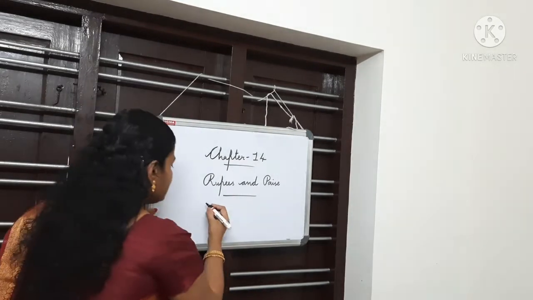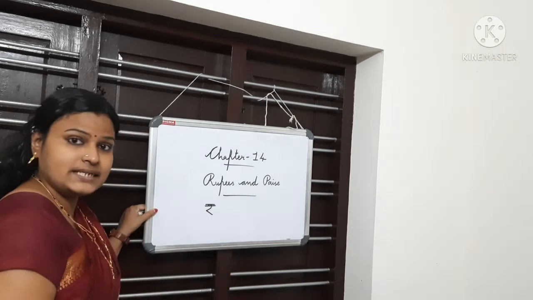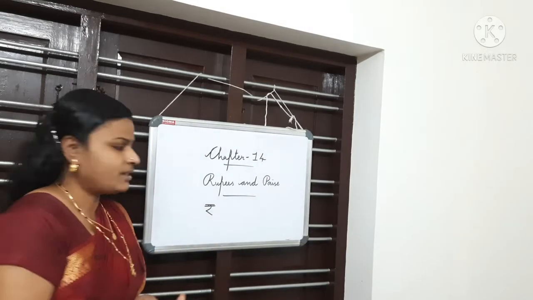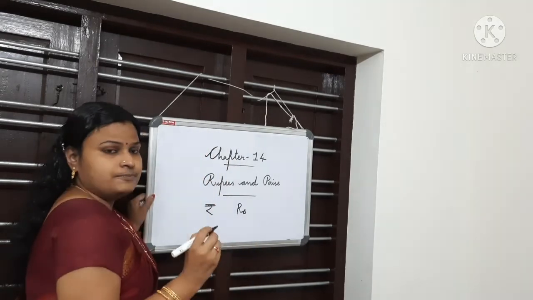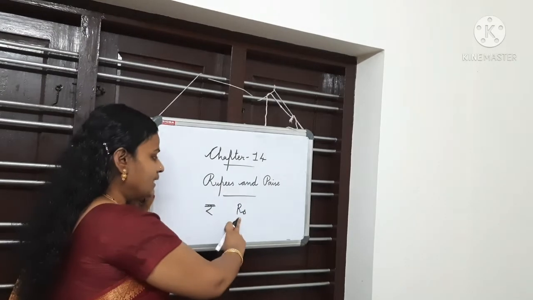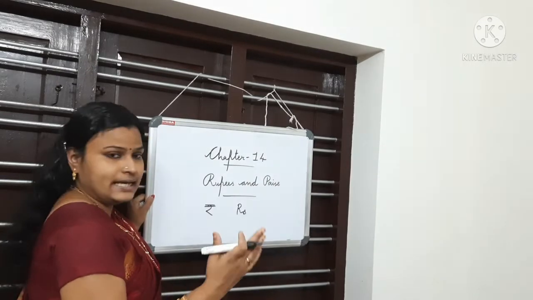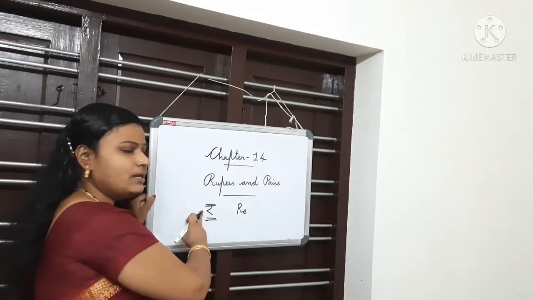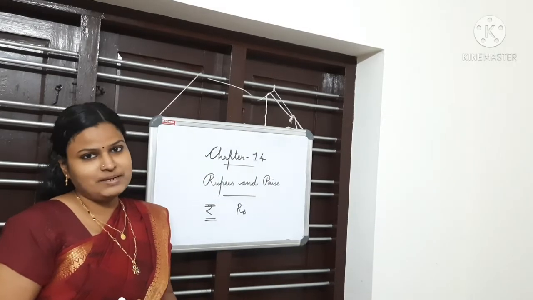Indian rupee is represented by this symbol, okay? So until 2010, we used capital R and small s to denote the short form for rupees. After that, we use this symbol for Indian rupee, okay? Actually, this symbol was designed by D. Uday Kumar, who belongs to Karakurchi in Tamil Nadu.